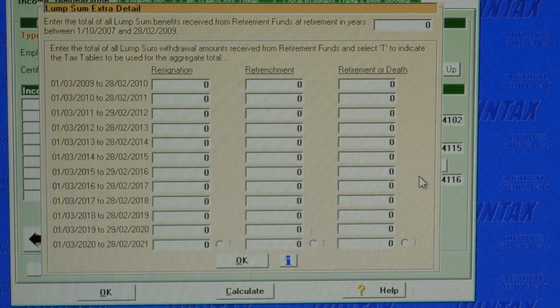Involuntary code 3610 severance packages are treated the same as retirement lump sums, but voluntary code 3610 severance packages should not be entered here, but should be entered on the IRP5 screen as code 3601, where they are taxed as normal income. Now let's consider a taxpayer who made a code 3920 withdrawal from his provident fund and discuss different